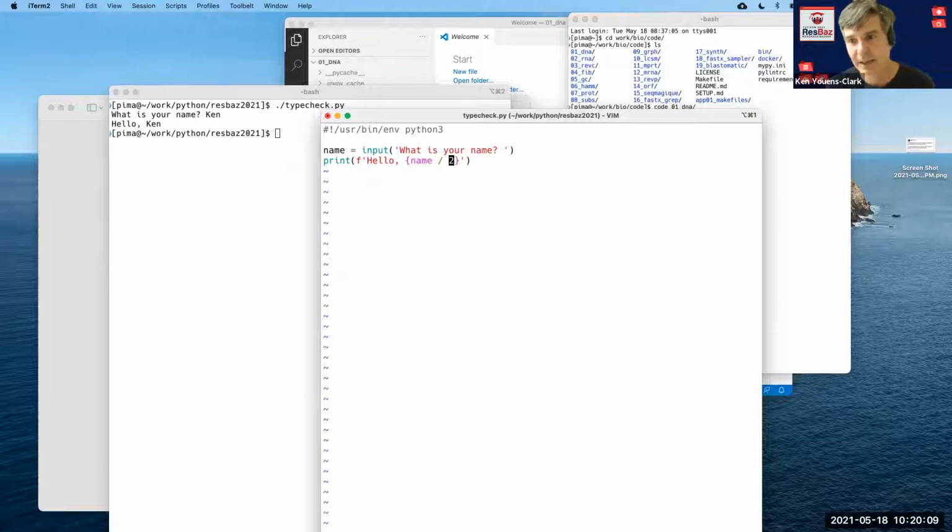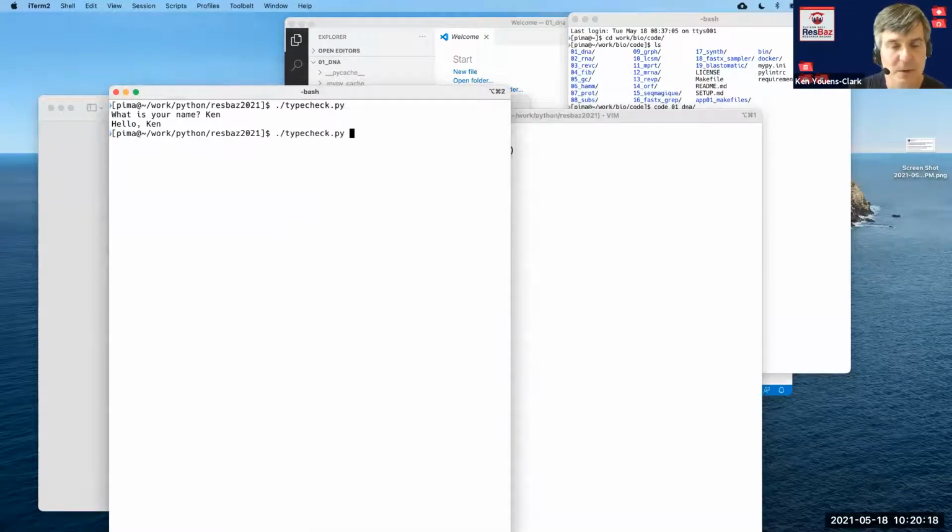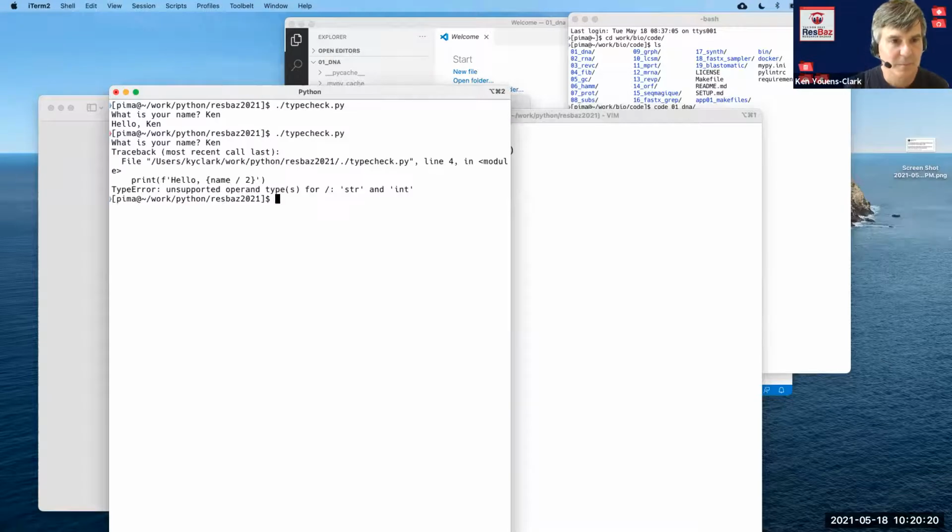It will ask for your name, and then at the moment when it says, hello, when it tries to print that, it's going to blow up because it's going to try to divide the name by 2. So let me run this, and I'll put in my name, and you see it ran. It asked me for my name, and then it blew up at runtime. So we call that a runtime exception because it created an exception. The exception right here is a type error.